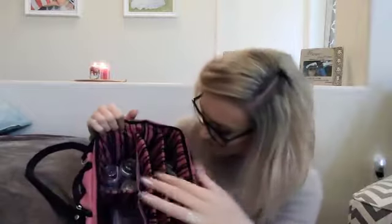So in here I've got tons of things. I've got glitter, jewels for crown making, glue, crown templates, business cards, and then this is the really cool part. See this flap in the middle? I can stick my book in there and I can stick my iPad in there. So it keeps everything organized, everything that I need for the party is in there. So it's definitely worth the money. I think it was like $20. But yes, you definitely should invest in a